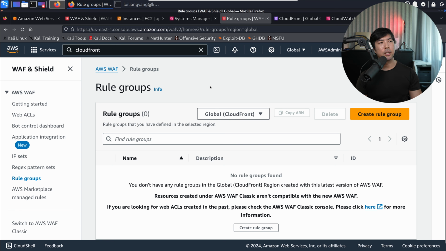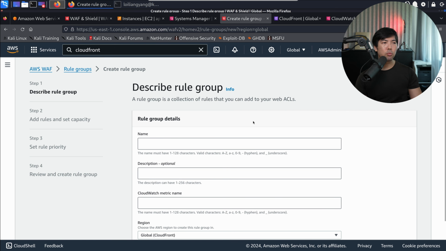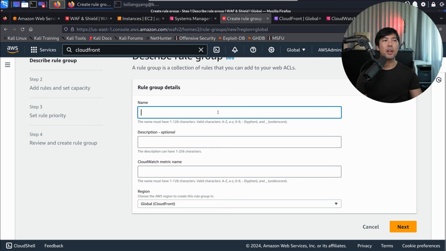Rule groups allow us to create rules that can be reused by different web access control lists. So say for example, you have a certain set of rule groups you want to replicate and make them available, but they are not directly available through managed rules, and you have a custom setting for them. So maybe you are subscribed to certain exact type of threat intelligence, and they give you the payload information for things like log4j, and you can easily add that and make it available and accessible by the different web access